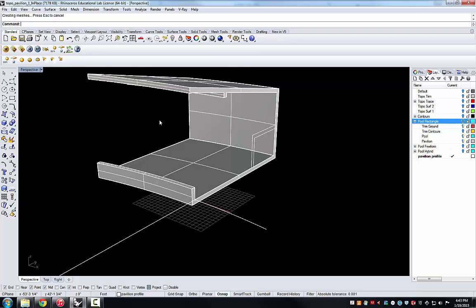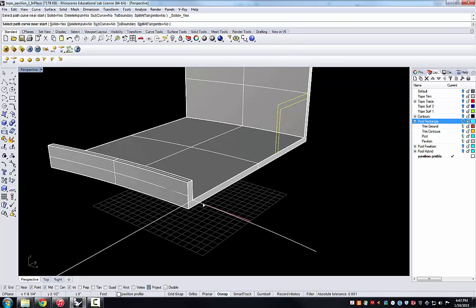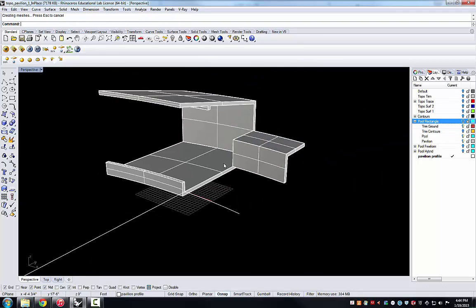So I'm going to repeat the command just by hitting the space bar, and it wants to know which curve to extrude. In this case, I'll select the small profile of the interior walls. I'll hit return, and again, it wants the path curve near the start, so I'll click way down here on it. And you'll see that the 20-foot arc is used to extrude the small wall in the